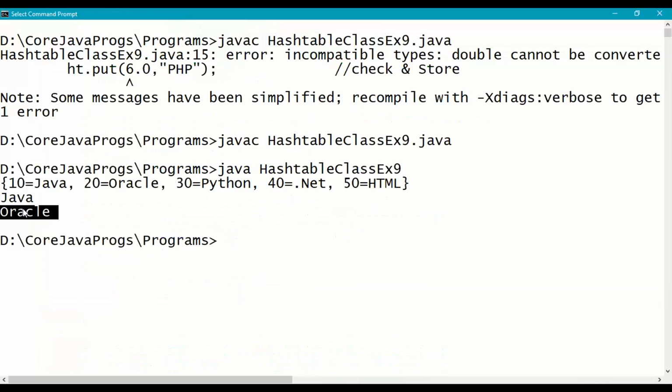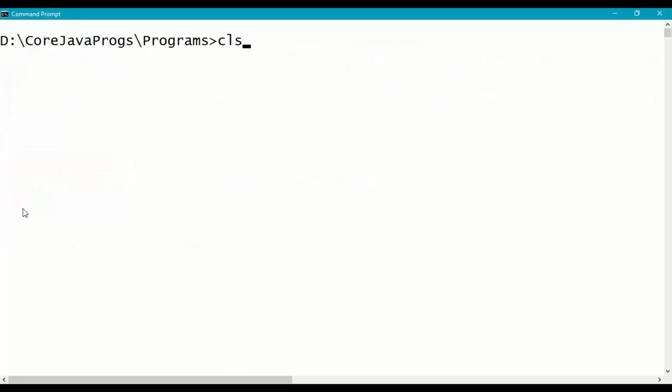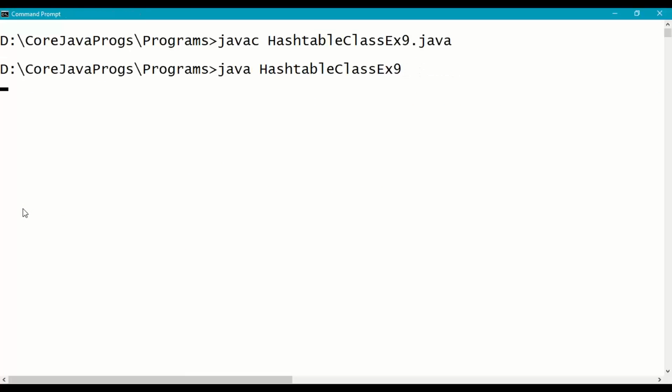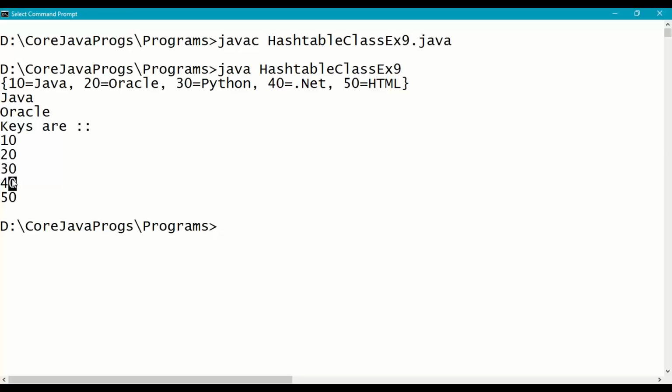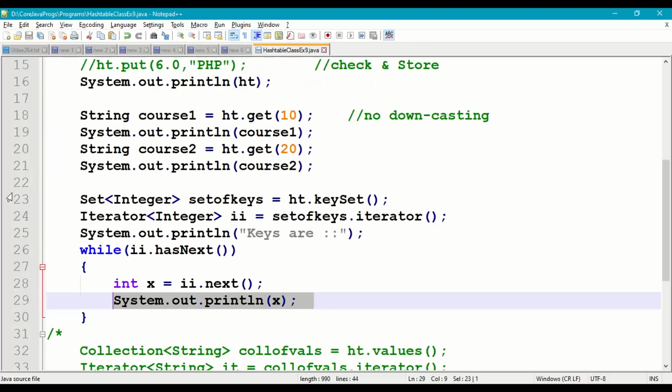So save this. Next, compile the program and run it. So 10, 20, 30, 40 and 50. Right, so similarly